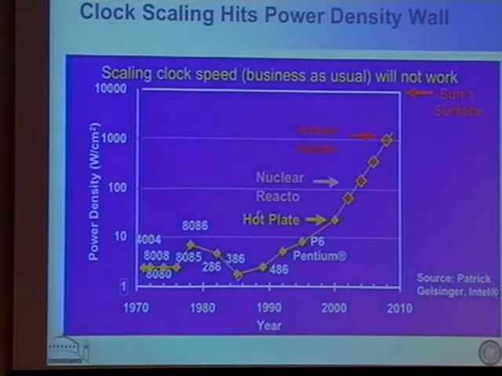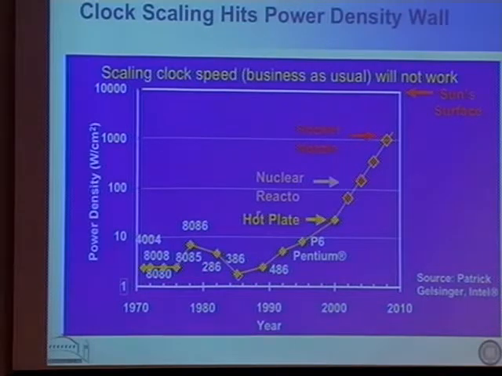What I'm showing here is a very old slide that many of you may have seen before, which is looking at the trends in power density in processors prior to the multi-core revolution. If we had kept cranking up the clock rate as we were in the time of the Pentium and Pentium 6 and so on, we were heading towards some ridiculously high levels of heat inside of the chips. So this is one of the main reasons, in addition to running out of instruction level parallelism, that we have